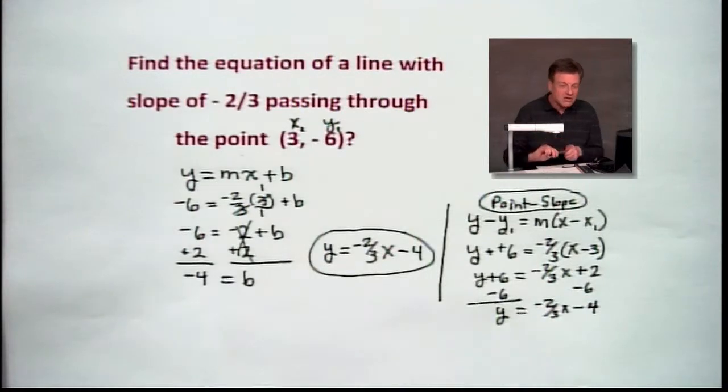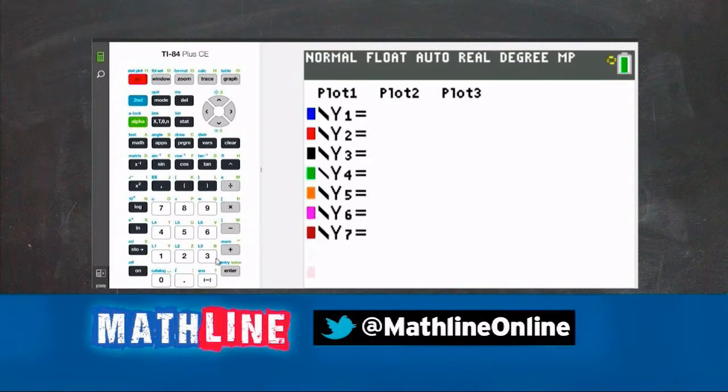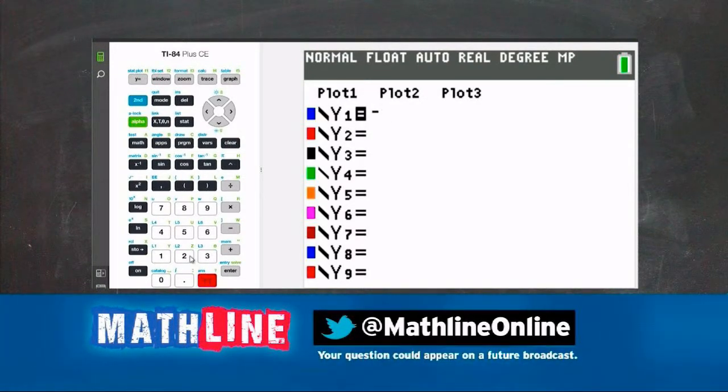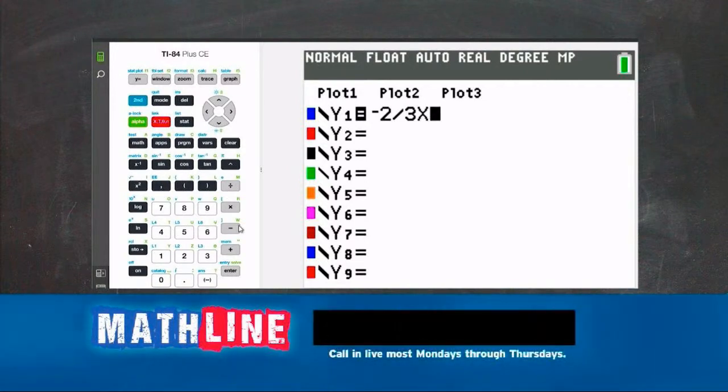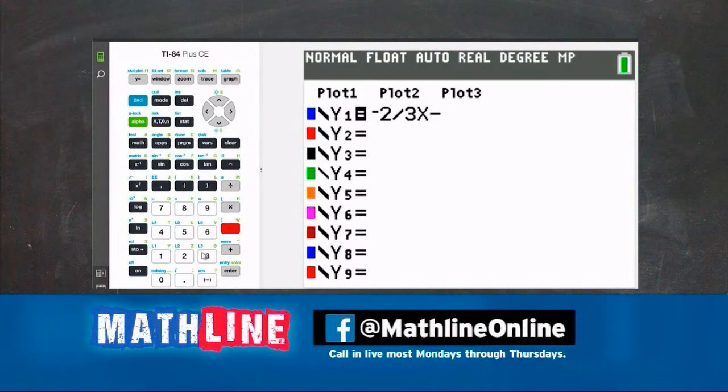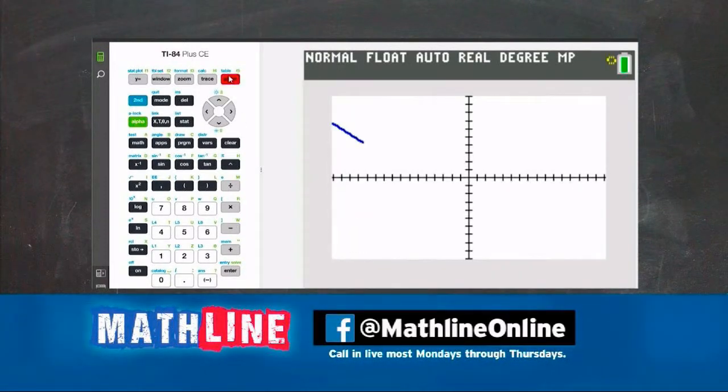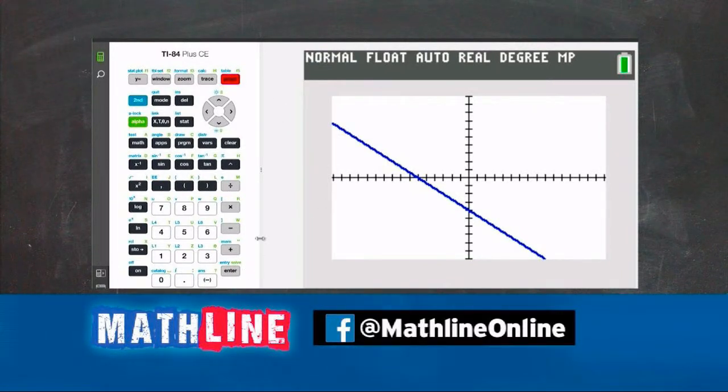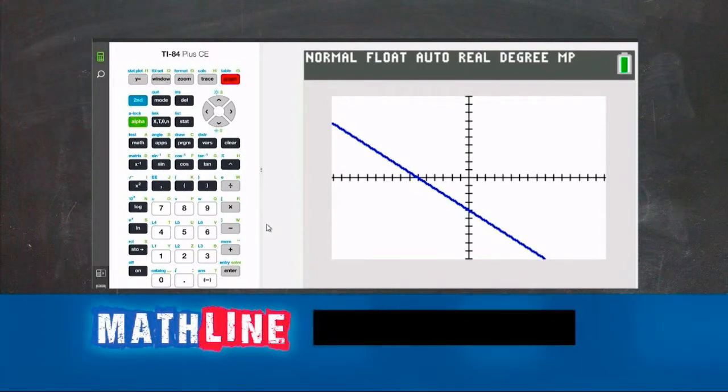Let's do a real quick check on the graphing calculator and see if that works. All right, go to y equals. Let's put our negative. You say, how do you know if it's going to work? It's going to make a pretty straight line. We know that. But let's see how it works. Me and the trace button, you and the trace button. We all have the trace button. How about it? Let's put a minus 4 on that and see where that takes us. Graph it. And what I want to know is, does the point 3, negative 6 lie on there? Is it a member of this line? Because if it is, then I've got the right answer. We got the right answer.